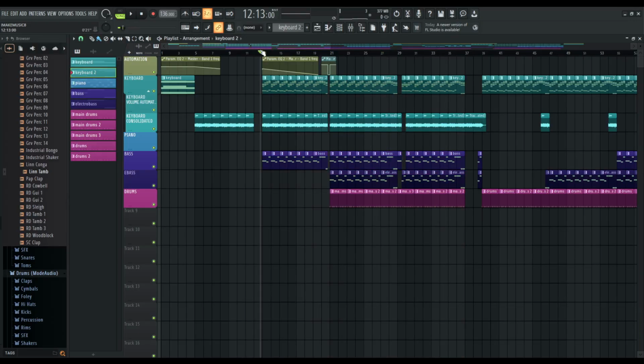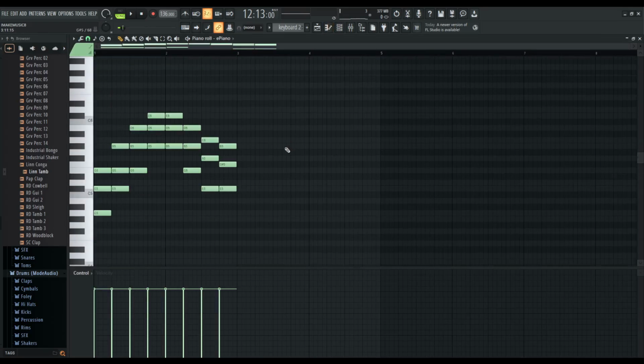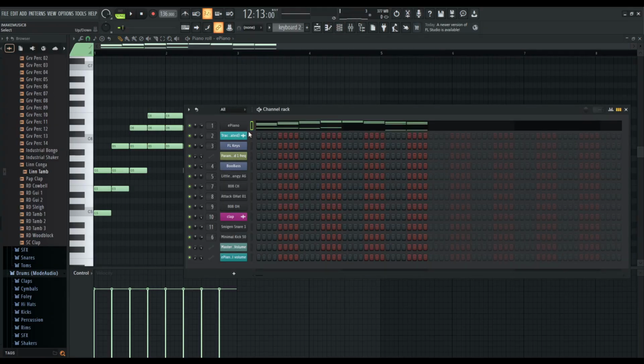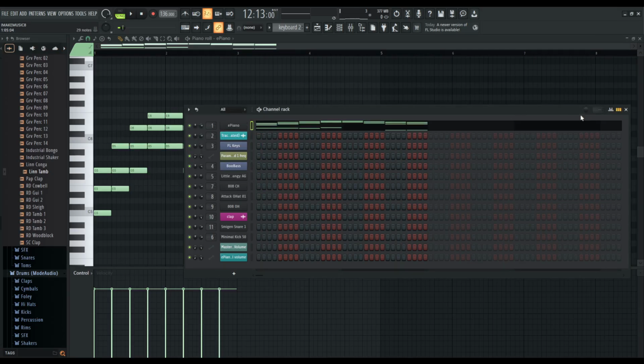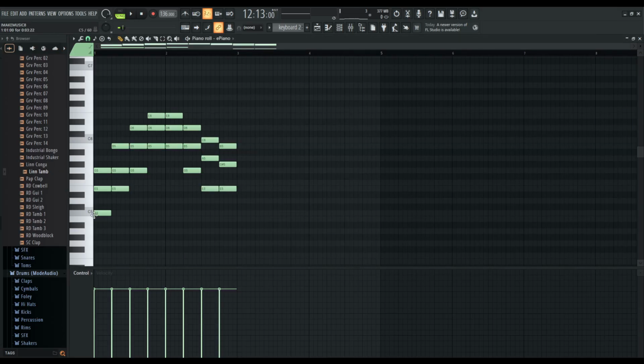So first, I'm going to start off with the keyboard, which is the main part of this entire beat. I want to talk about exactly what happened that led to me doing this. So I was trying to test out FL Keys. I was messing with the piano stuff. I was messing with the parameters. So I just wanted something playing in the background while I mess with the parameters so I could hear it in real time. You know, at first I did a scale, like a C major scale, but then I ended up